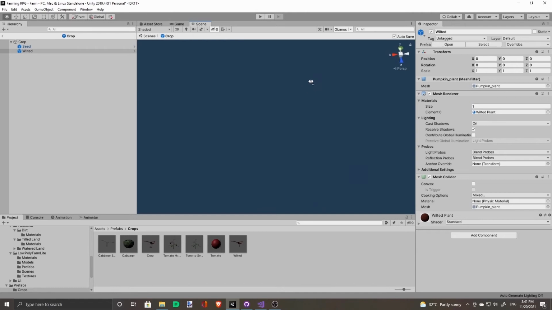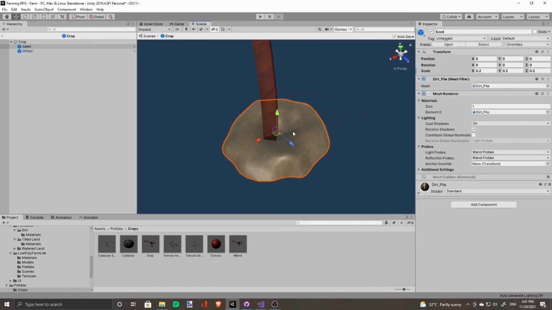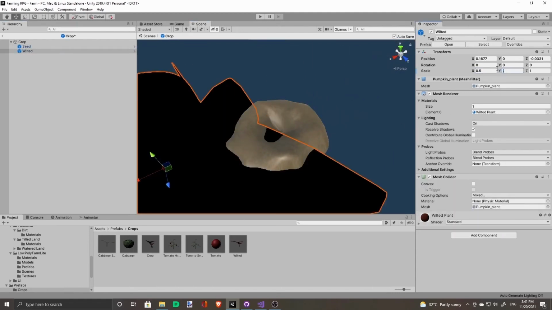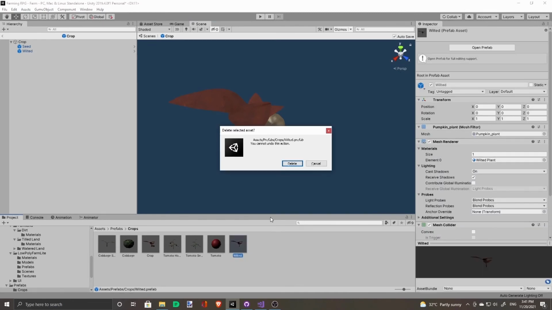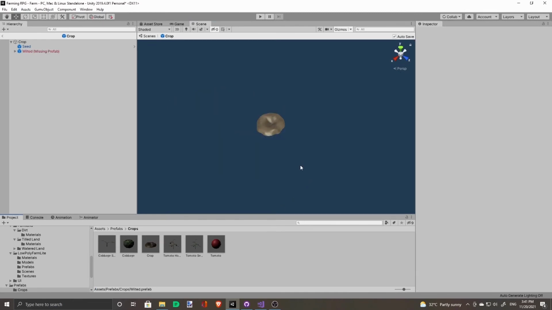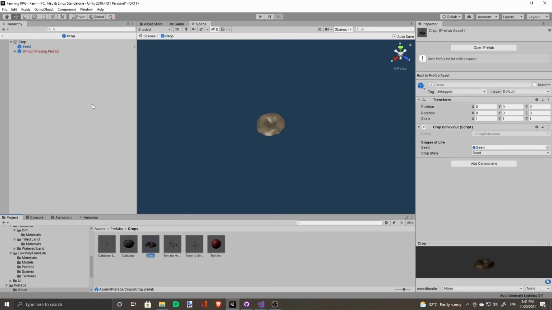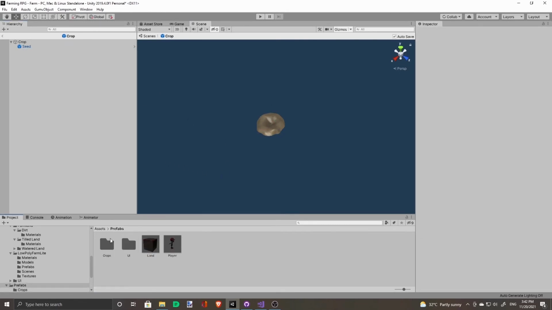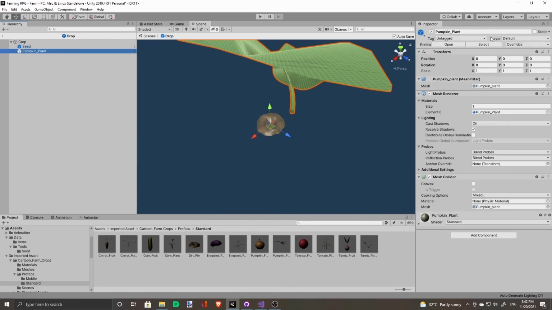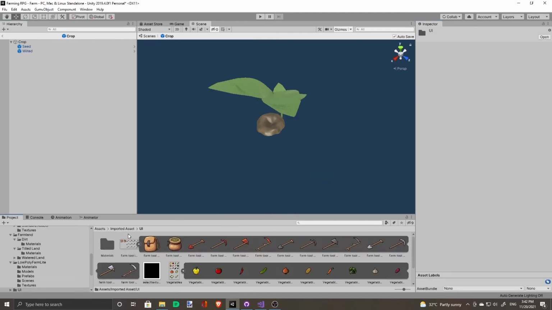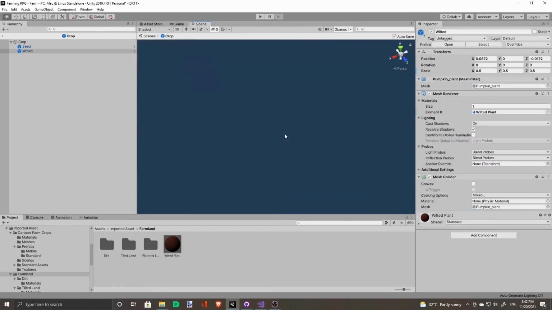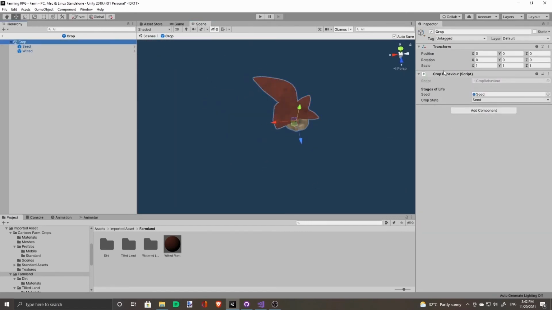Just add this to the crops, prefab, and center it over the seed area. Let's lower the scale. Actually, it's kind of redundant. We don't really need a separate game object for a wilted plant. So we just delete this and redo it as part of the crop prefab. And we'll go to crop behavior.